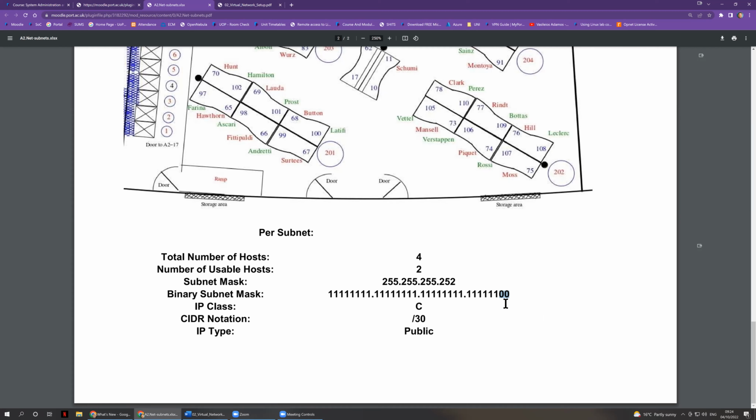So those 2 digits mean that we can have 4 different combinations, 4 different numbers out of those 2 digits. We can have 0, 0, we can have 0, 1, we can have 1, 0, and we can have 1, 1. So we can have 4 possible combinations out of this. Again, all of this is because of the way that we've split the subnet into 64 slices. Yes, out of those 4 combinations,